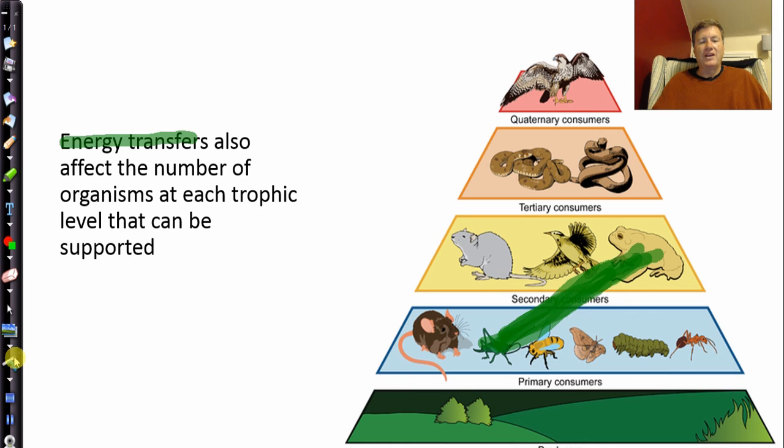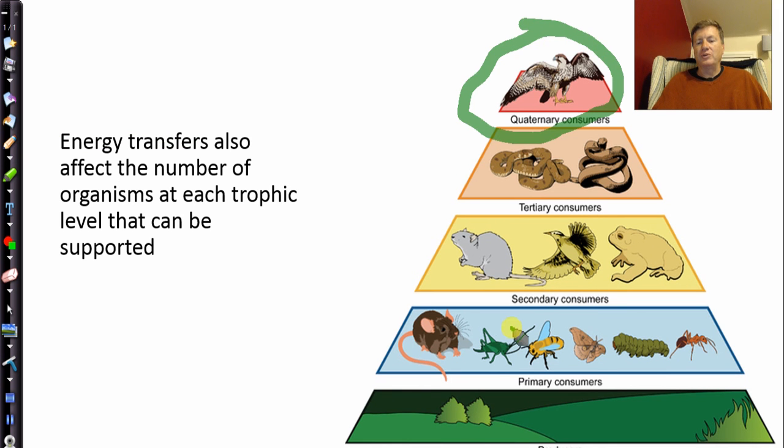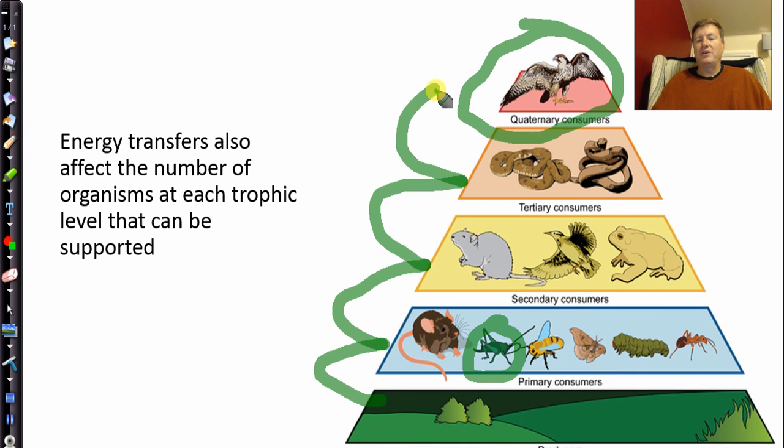Or think of it like this. How many of these are there in the world compared to these? A lot fewer. And why? Because energy transfers are not 100% perfect. And because of that, the top animals have to eat lots of lower animals, which eat lots of lower animals, which eat lots of lower animals, which eat a lot of plants. Again, the source of the energy for the whole thing, of course, is going to be the sun. So that's why when we look at an ecosystem or an ecological pyramid, there's a lot fewer of these than there are of those. And the reason is because of energy transfers.